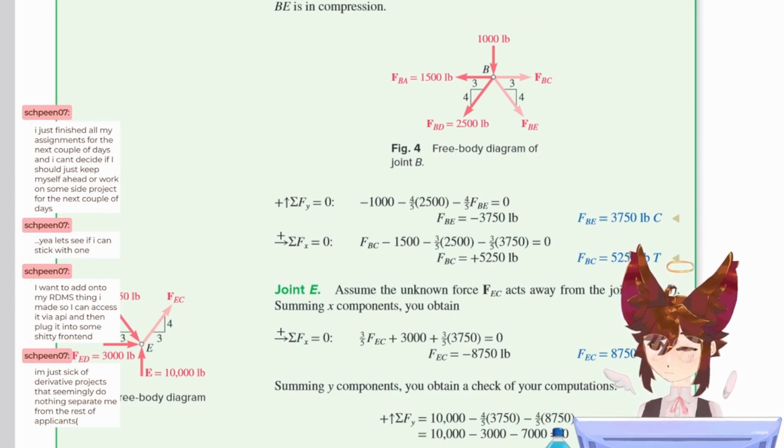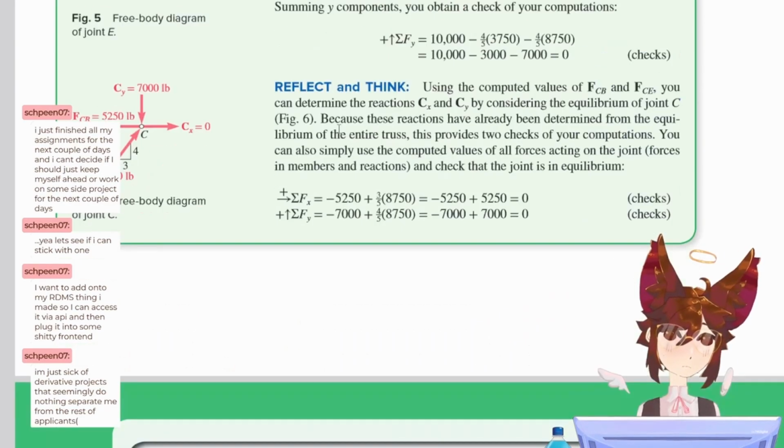I'm just sick of derivative projects that seemingly do nothing to separate me from the rest of applicants. For jobs or for...